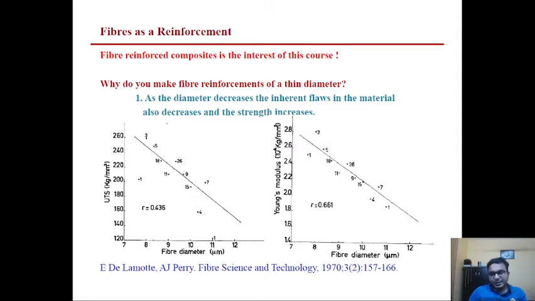So when diameter decreases, the defects in the material are also less and strength is higher. And this is also justified in these two graphs. On the x-axis we have fiber diameter in both figures, and here we have strength on the y-axis, and here we have Young's modulus on the y-axis. And it can be clearly seen that as the fiber diameter decreases,